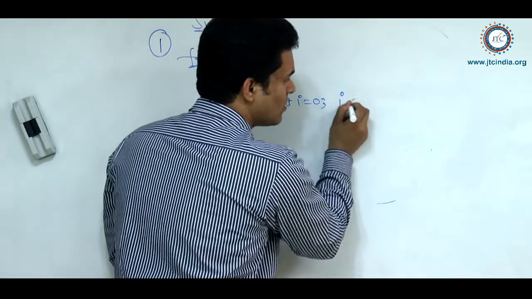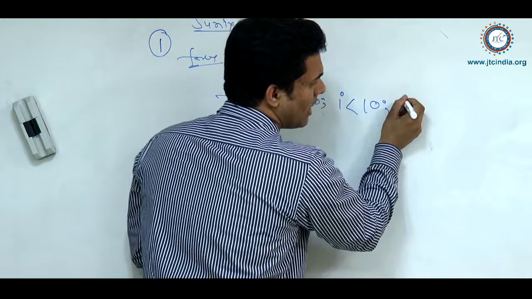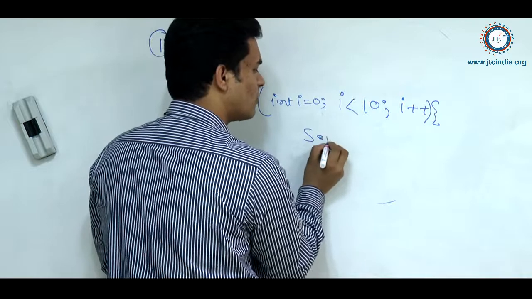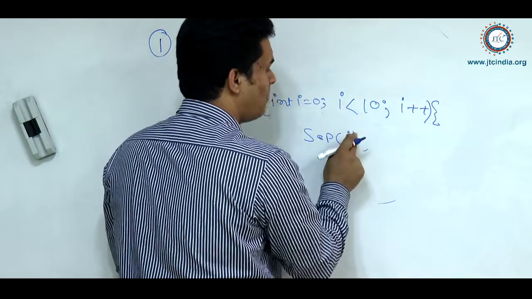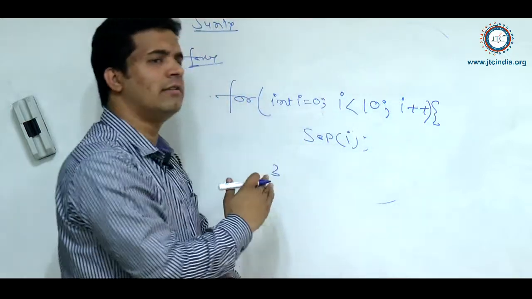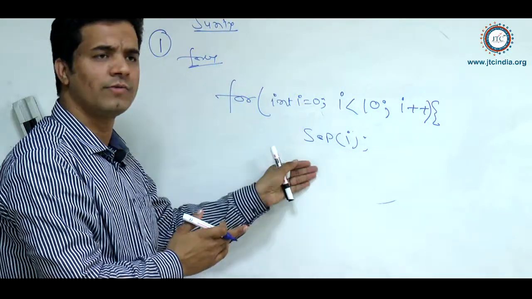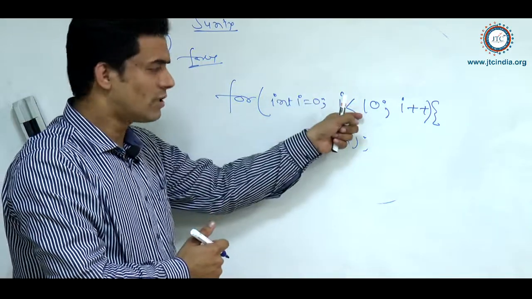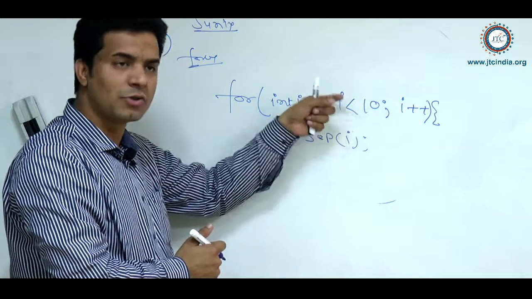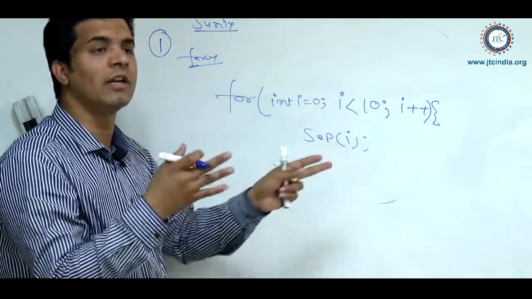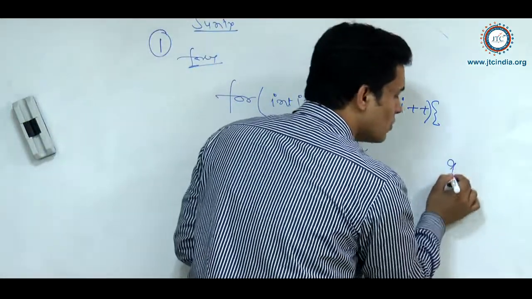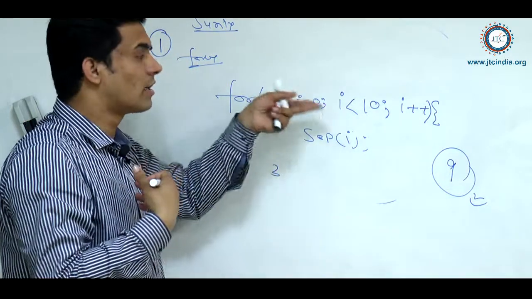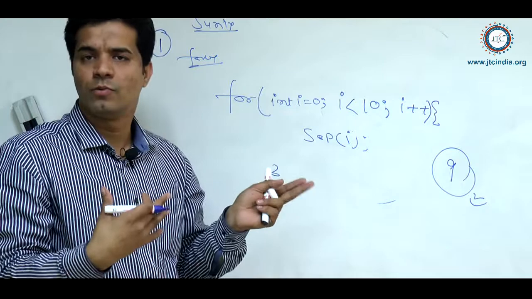Now, i is less than 10 and I'm writing i++ here, and then I'm going to print, SOP of i. Hope the steps which I have explained, on the basis of that you can get the output of this. What output are you going to get? First it is initializing, the i value is going to be 0. Now it is checking the condition, if it is okay or not. If it is true, then the statement. So it is going to print till 9. I am not explaining all the internal steps it is taking to print this loop. Is that okay?